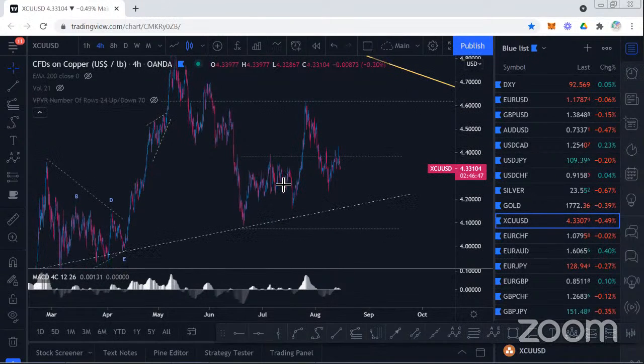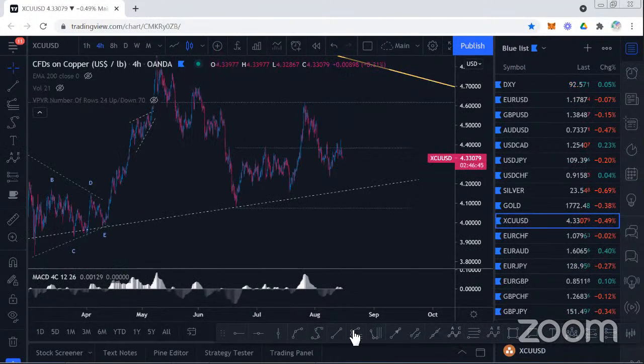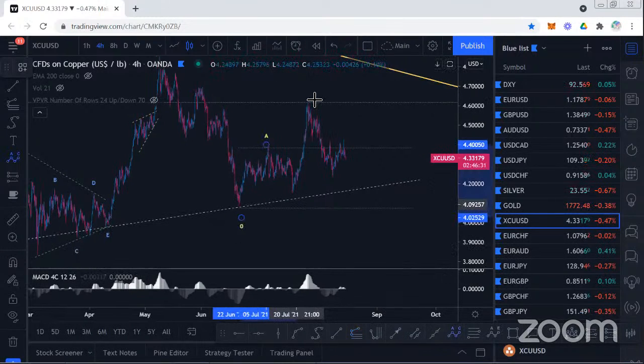Let's see, we had this little zigzag corrective structure here. Not often we get zigzags, but you can see how clean and clear it is. Nice, but 1, 2, 3 up, 1, 2, 3, 4, 5 down, 1 down. That's your B wave there. And then your C wave to the upside. Quite an extended wave as well, actually.